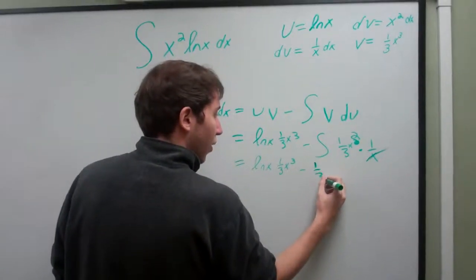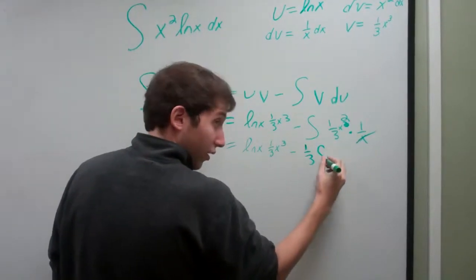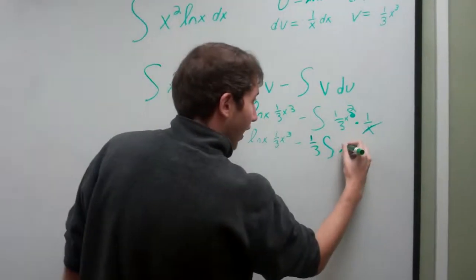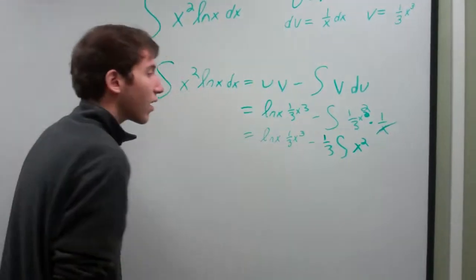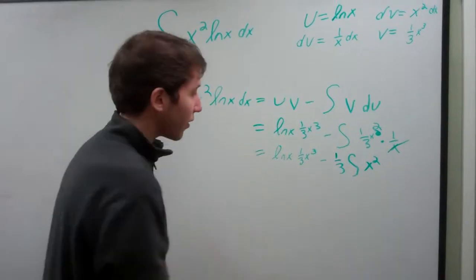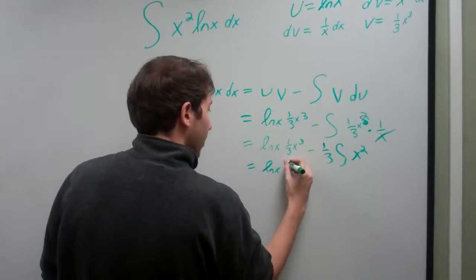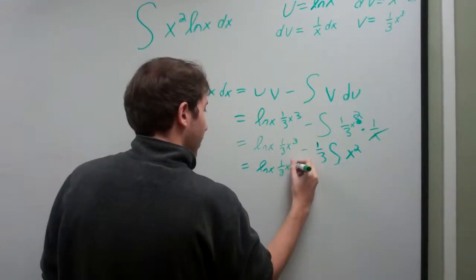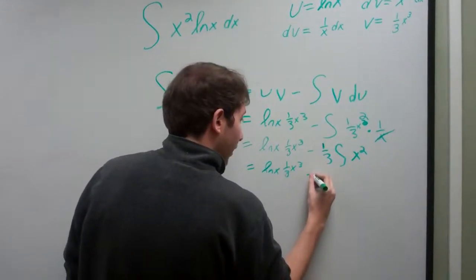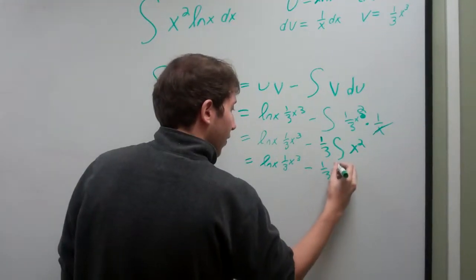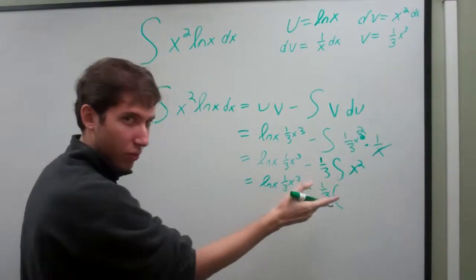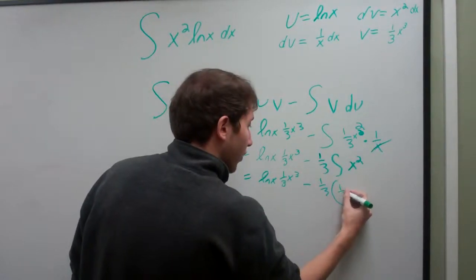So we have minus 1 over 3 integral of x squared. And now we know the integral of x squared, so to rewrite this again, ln of x times 1 over 3 x to the third minus 1 over 3 times the integral of x squared, which is 1 over 3